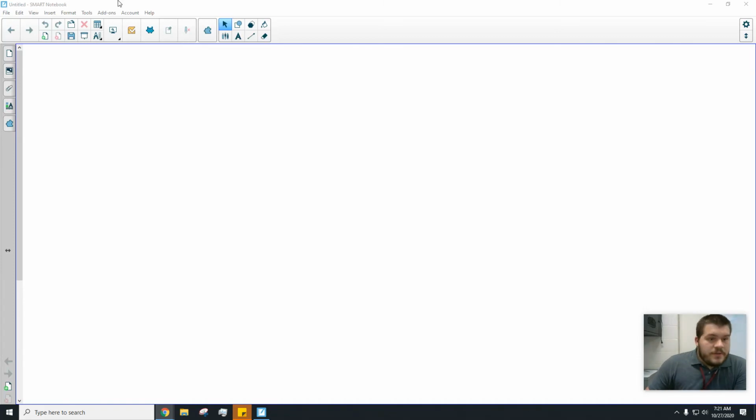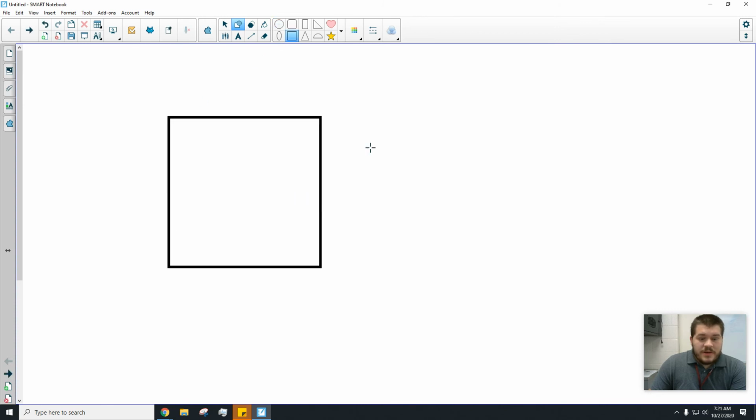Yes, hi everybody. So what we're going to be taking a look at today is something that you've all probably seen quite a few times in different classes, and that is area. Area is the total amount of space within a flat shape. So for example, if I were to grab this square here, and I wanted to figure out how much was in here, well,